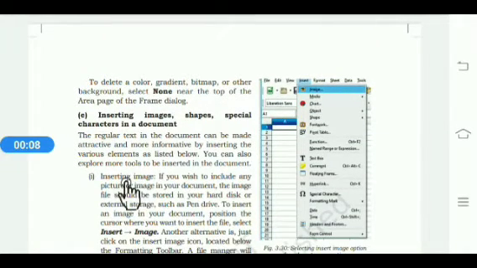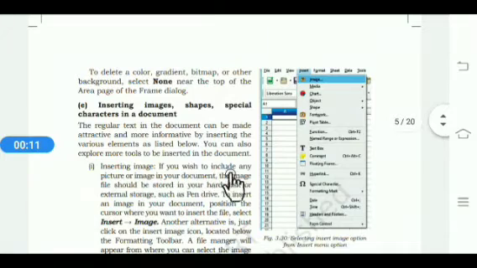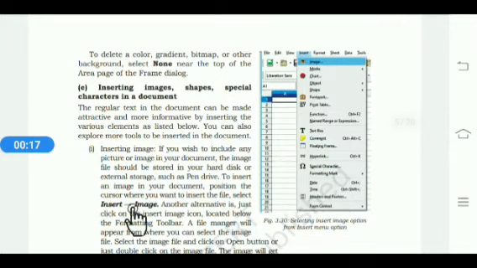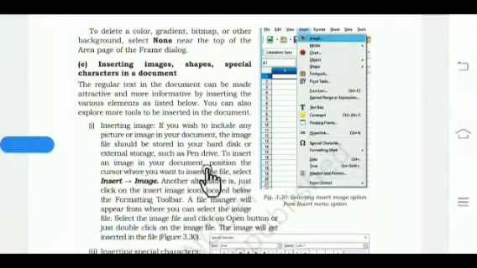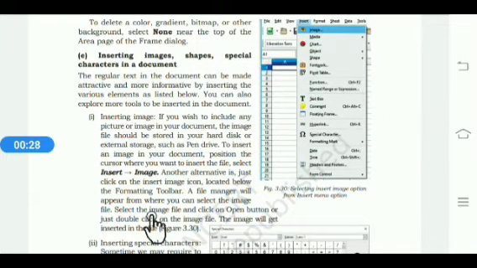Next is inserting images, shapes, special characters in a document. First is inserting an image. If you want to include any picture or image in your document, firstly click on the Insert menu, then click on the Image option, then the File Manager will appear from where you can select the images. Select any image according to your choice and click on the Open button.